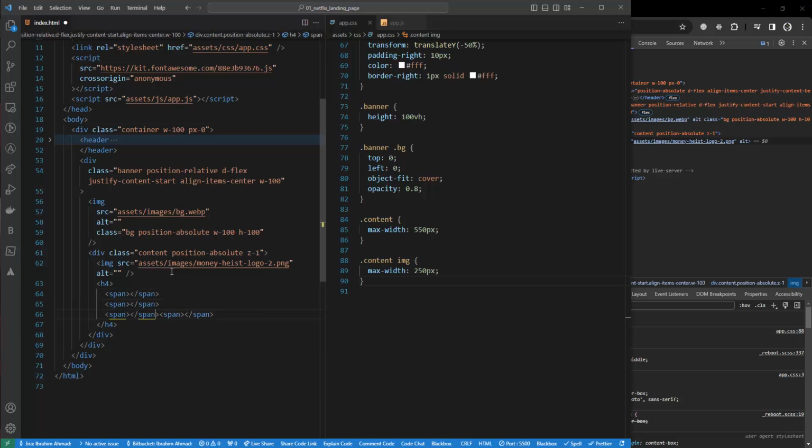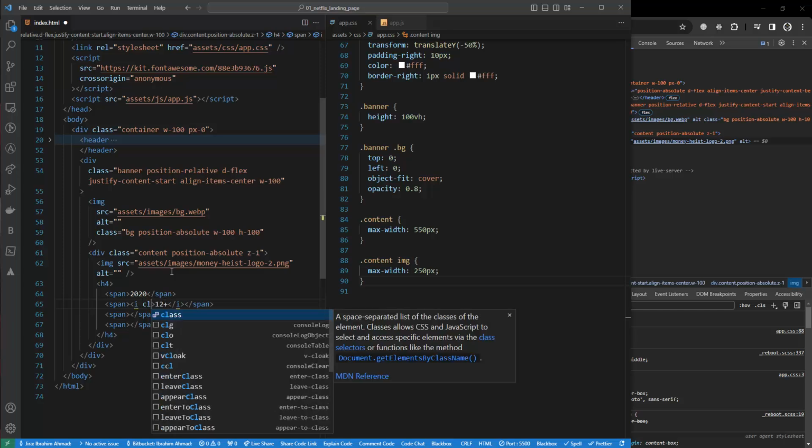I need to separate this. Okay, here I'm gonna say 2020, and after that I need 12 plus, or you can say 12 plus, and after that I need a class year,